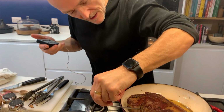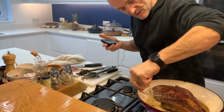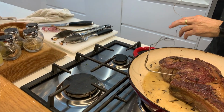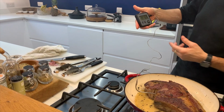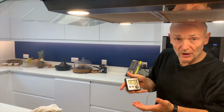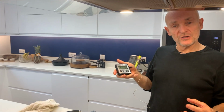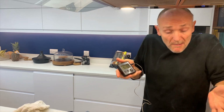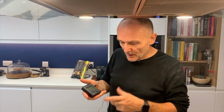Now I'm going to probe this meat at its thickest point, and I want to obviously make sure that that gets right there. And you'll see we're not there yet. That's 17 degrees Celsius, so you can see how cold that is in the centre. It's still getting colder, it's 15 degrees now. Obviously, because this meat's been in the fridge, even with the temperatures and the heat we've got going on here, it's still going to take quite a while for that temperature to come through. So as soon as that beeps, we're ready to go. So I'm going to stick this in the oven,